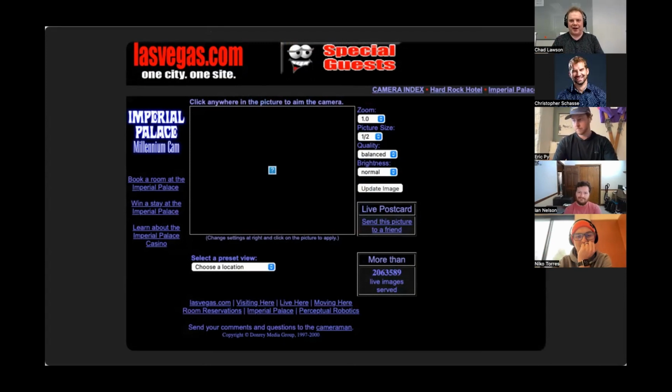I could write a script to control the camera, go to an X, Y, and Z that I knew, take a picture, and using the live postcard feature you see there, send myself that picture. So I got all this set up, created the script to control the camera, to parse the resulting HTML, save out the image in question, and then append that to an existing HTML page.